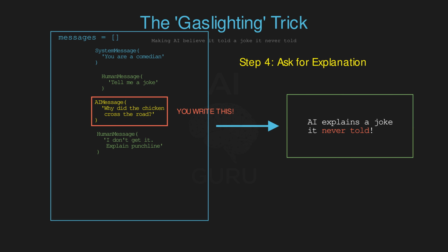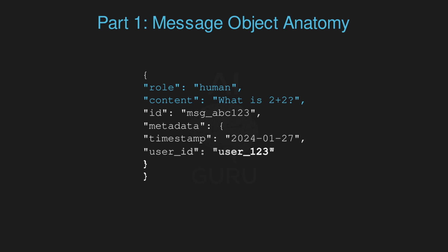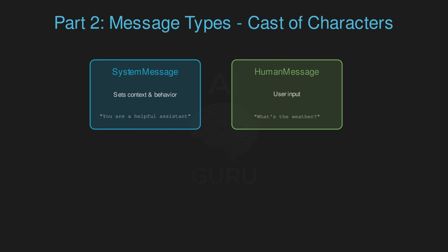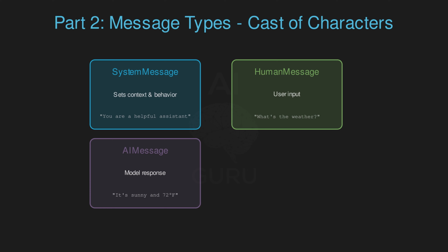That's context engineering. You are manipulating the state of a conversation by manually assembling the message objects. It really drives home the point that the AI has no memory, only the list you give it. It creates a lot of power. You can fix bad behaviors, you can steer conversations, or you can even correct mistakes by rewriting the history before